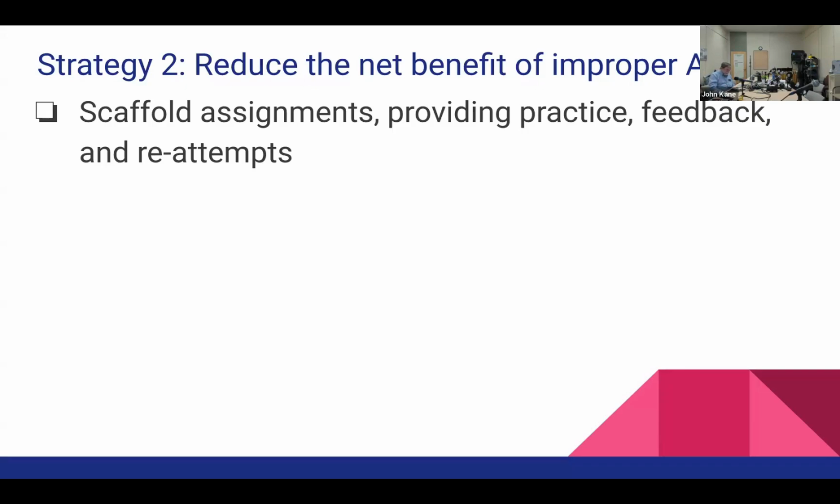It could be 5% of the project grade may be on the early stages, maybe 20 or 30% on each of the later stages. And that way, instead of just giving them this assignment where either they're going to do it really well, or they went off in a wrong direction early and they're kind of lost, it makes it much more likely that they're going to be successful, but also they're less threatened by the possibility of screwing up somewhere along the way if they're getting feedback all the way through.